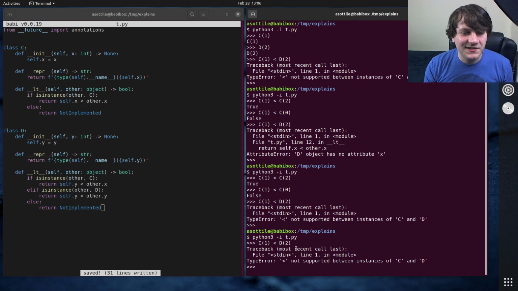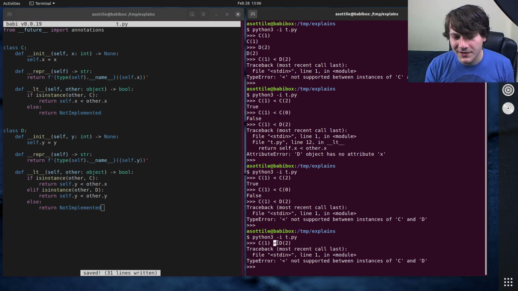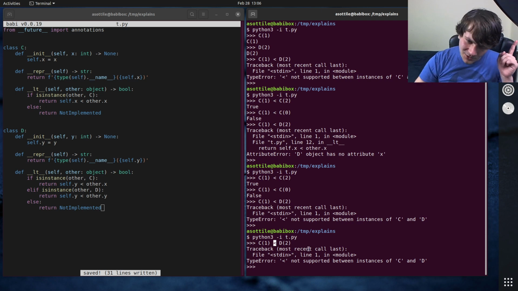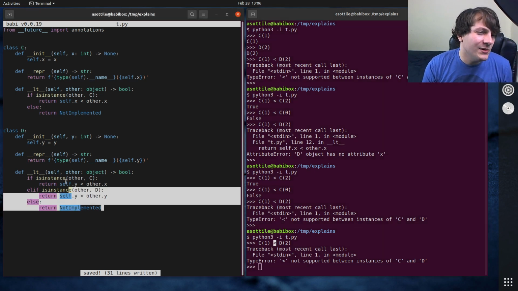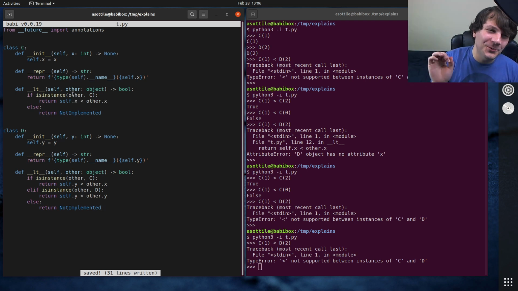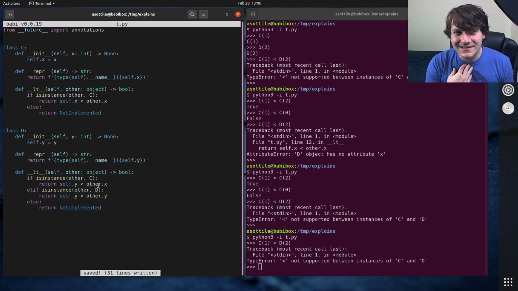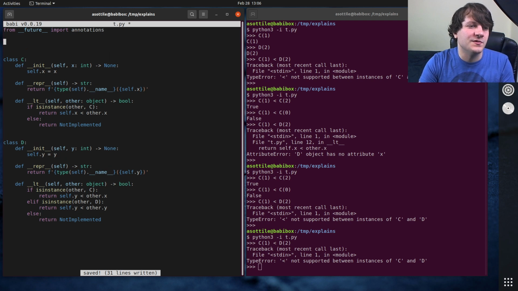And this is because the flip side, the opposite of this, is actually the greater than operator. So it has to know how to flip to greater than, and we've only implemented the less than operator. Now, fortunately, there's a cool thing that you can do in Python where, implementing these operators is kind of a pain in the butt. There is this decorator from the functools module. So if we import functools,